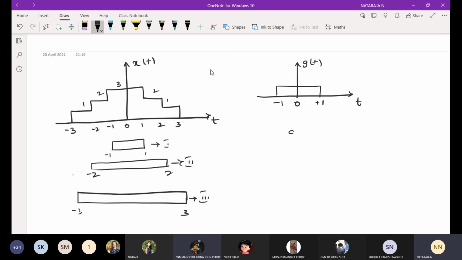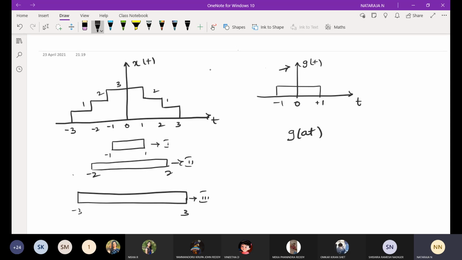Here it is g of at. Why? Because there is no shifting property. Because the g of t is from -1 to +1. Here also the first signal will be the same as your g of t. Directly we can write that g1 of t is equal to g of t. Then the second signal is also from -2 to +2. Either it may be compression or expansion. We need compression, so there is no need of shifting. The third signal also needs no shifting, only compression. The second and third ones will be compressed versions.